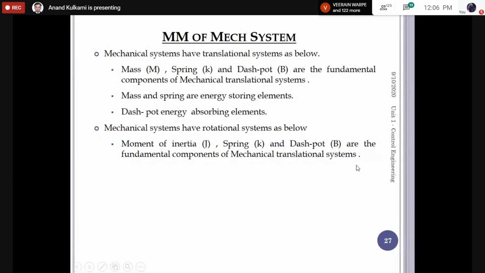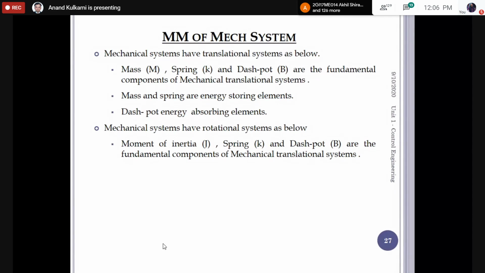So there are a number of simple systems which we commonly come across. In mechanical, we have what is known as the mechanical translatory system. Similarly, a mechanical rotational system. Then you have a hydraulic system. You have a fluid flow system. You have a thermal system. You have a speed control system. Then you have what is known as electrical systems and their building blocks.